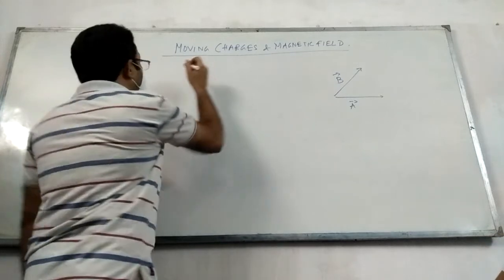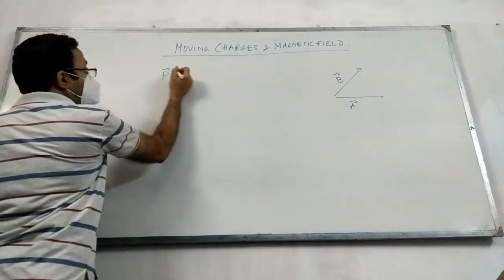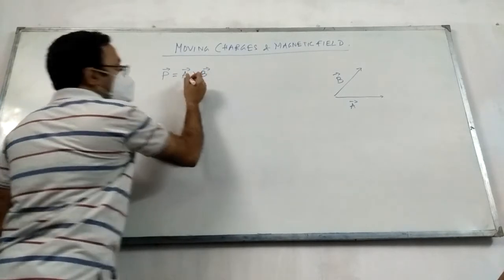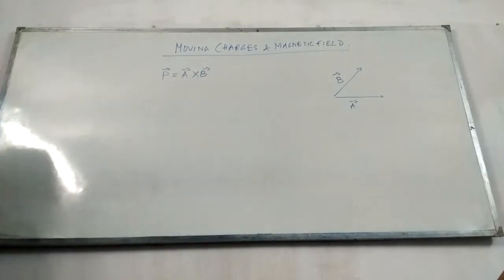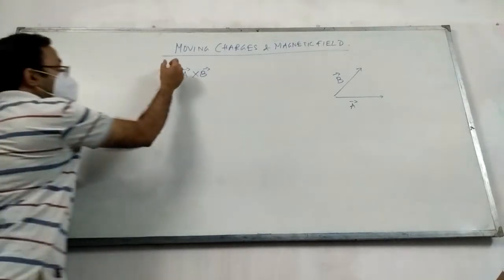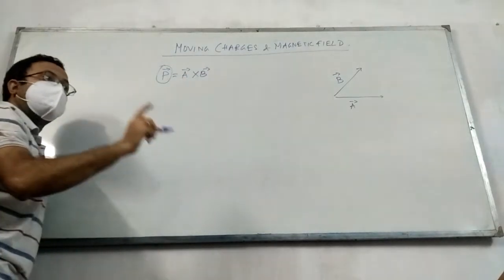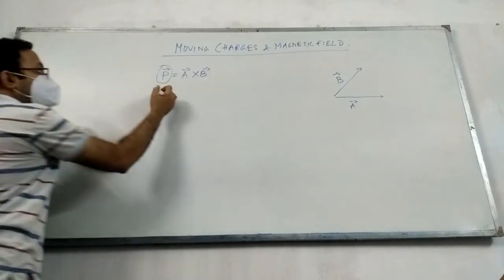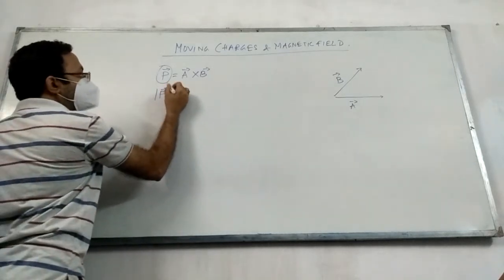The product vector is represented as A cross B. Now the question is, the product is a vector quantity, so it should have a direction as well as magnitude. The magnitude is given by the formula